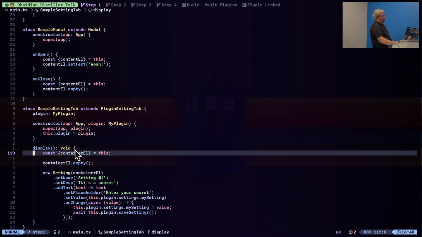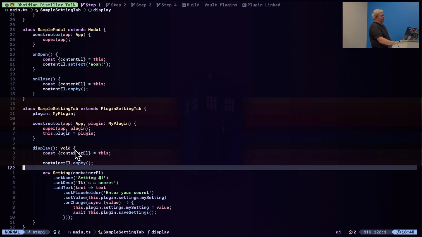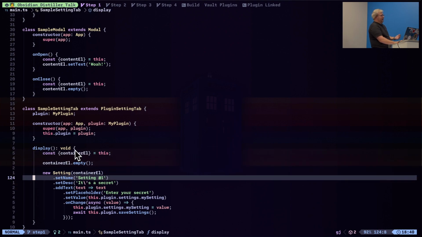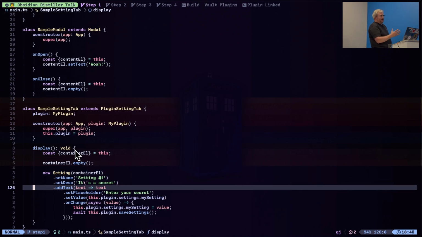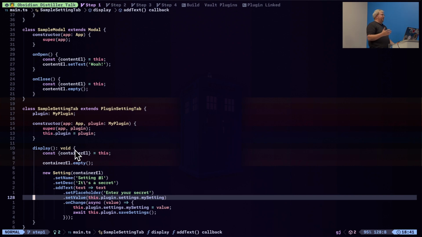And you can see in the display method for this object, they're doing that programmatic build out of the DOM. So it's essentially grab a container EL, make it empty, and then add a new setting. Set its name, set its description, add a text field, add a placeholder for it. What is the value? The value is our plugin settings, my setting